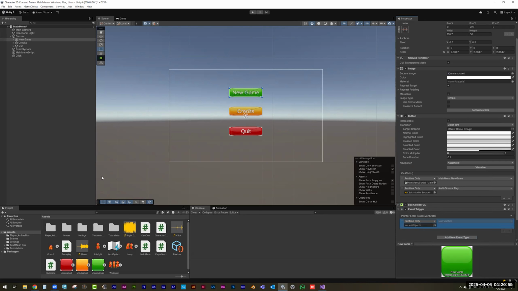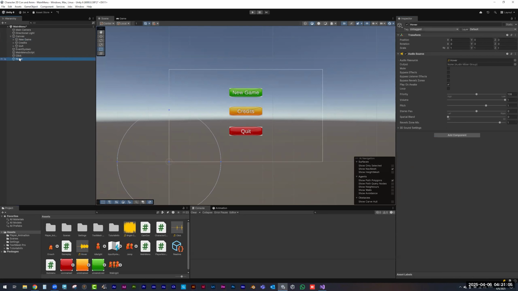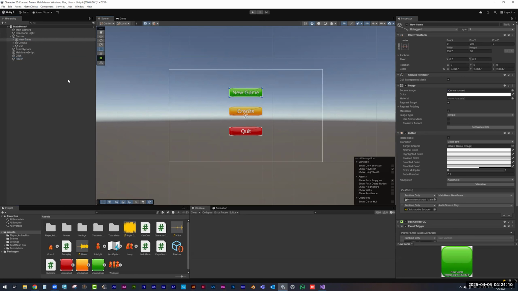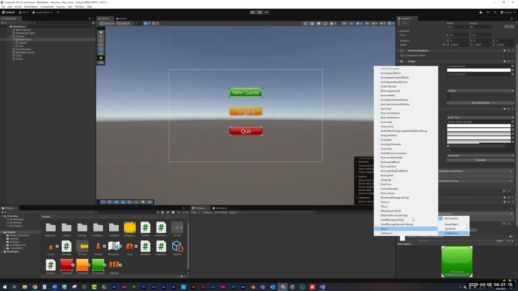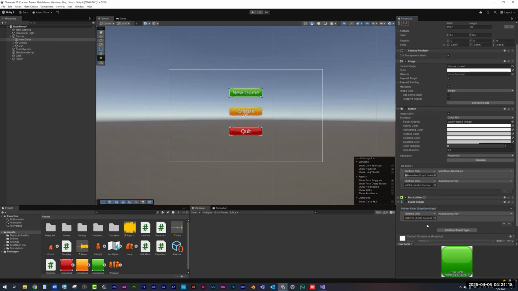I'm going to click at the plus, and here I need to hover, touch over, and here I need to drag it inside, and the function play,